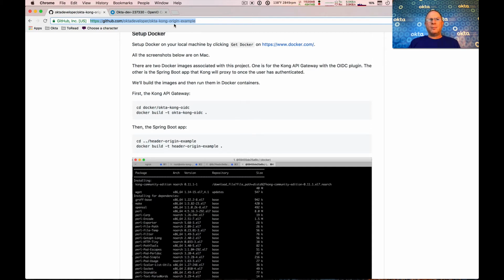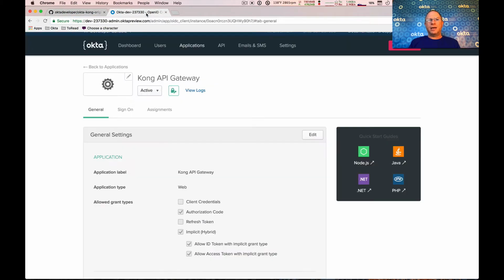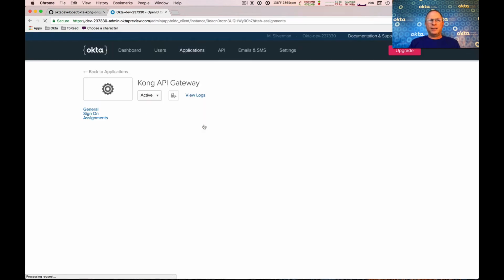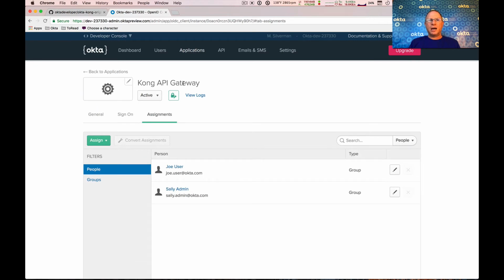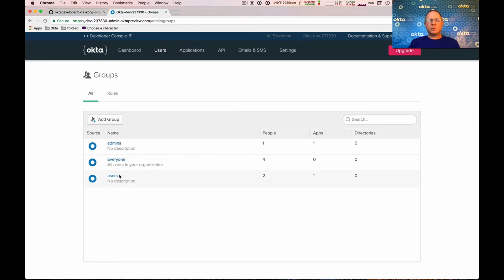Now, I've already set up the Okta side of things, and what's required there is an application. So I have an OIDC application called Kong API Gateway, and on the README for this project, all of this is spelled out. So I'm going to go through it quickly here, but you can see it in more detail on the README for this repo that I set up. I created a couple of users, Joe user and Sally admin. I also created a couple of groups, admins and users,